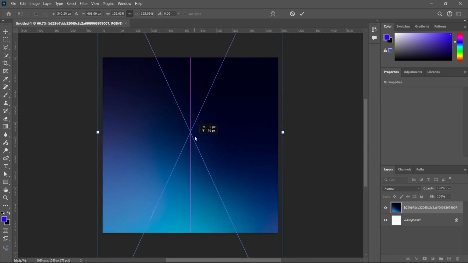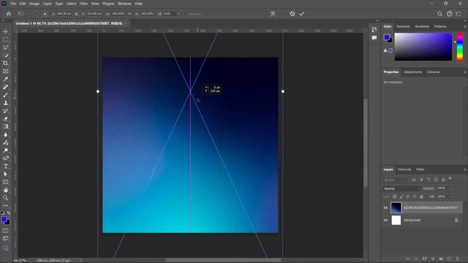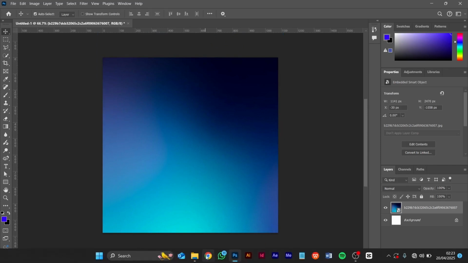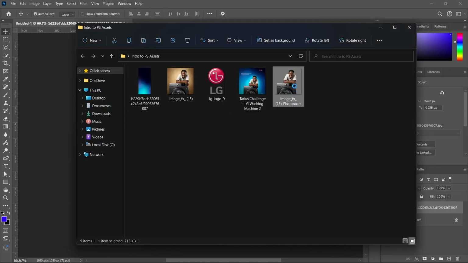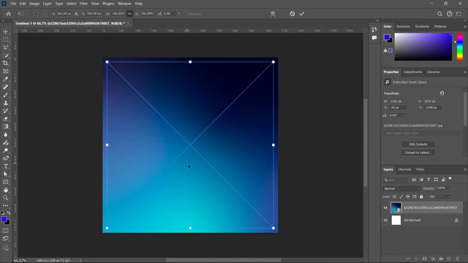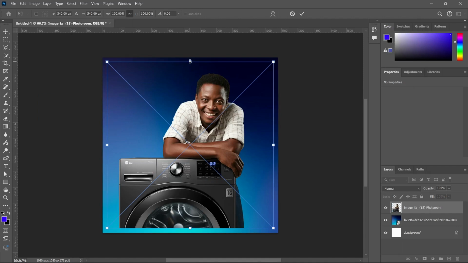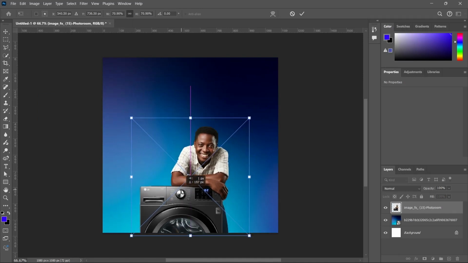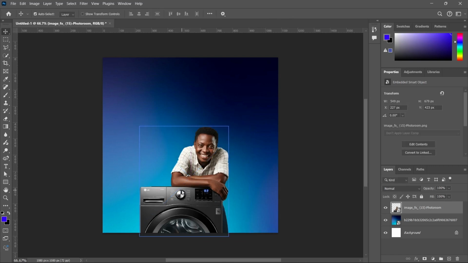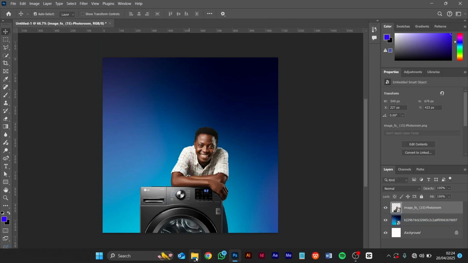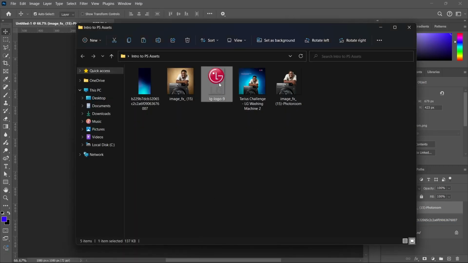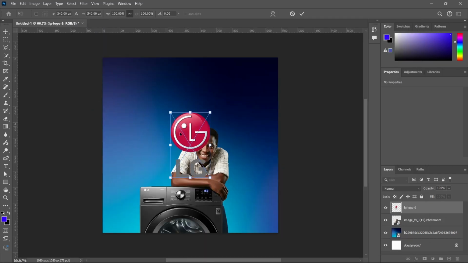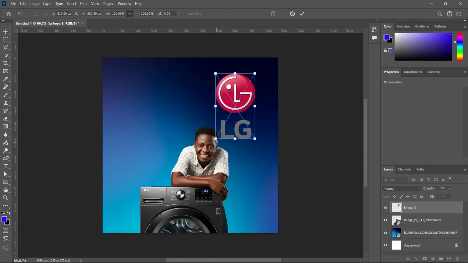Okay, then you're going to hold Shift and move it up, and then you click on enter. Then next you're going to bring in the man. You're going to hold Alt and drag down, then take him down, click on enter. Next we're going to bring in our logo, and then we're going to drag,